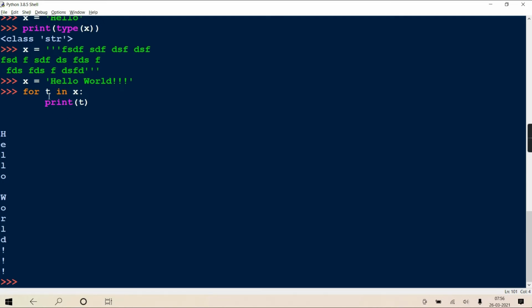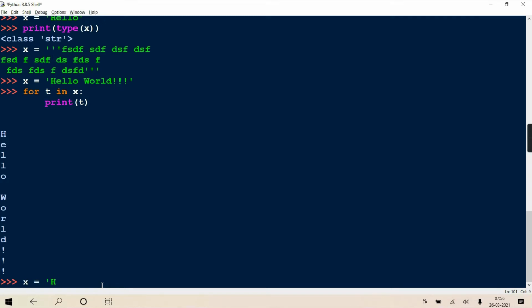The similar for loop is applicable for strings also, because strings are also sequence objects, that is, iterable objects. You can iterate them using a for loop, and you can also access individual characters by indexing, which we did on lists and tuples.